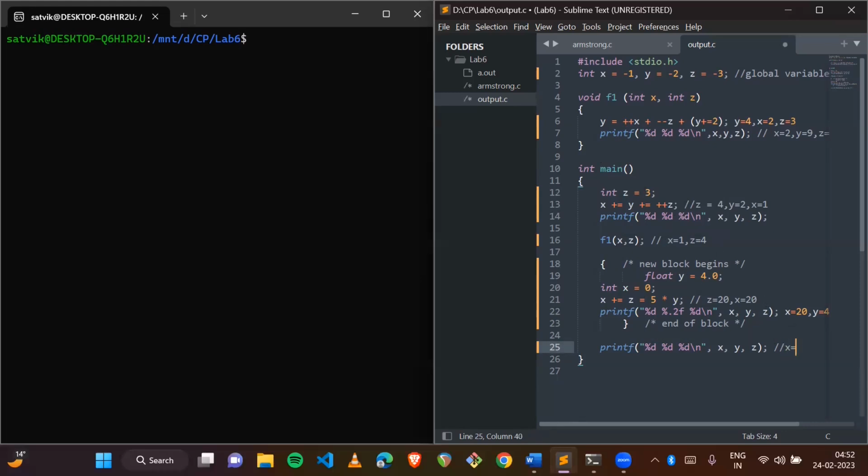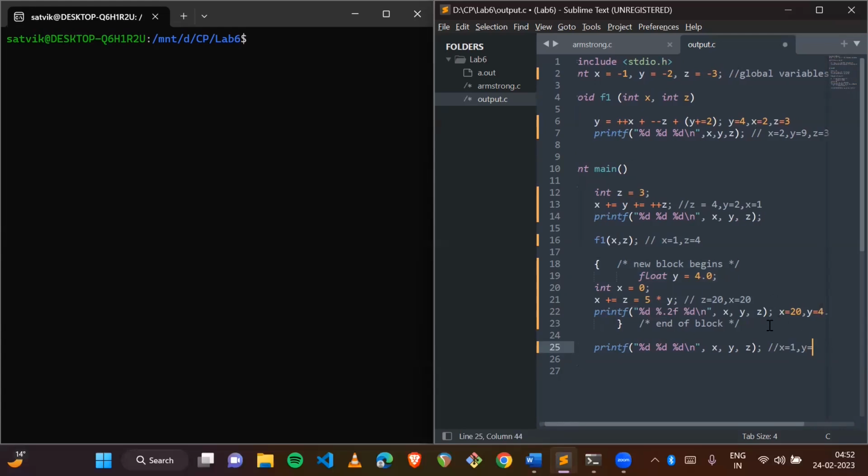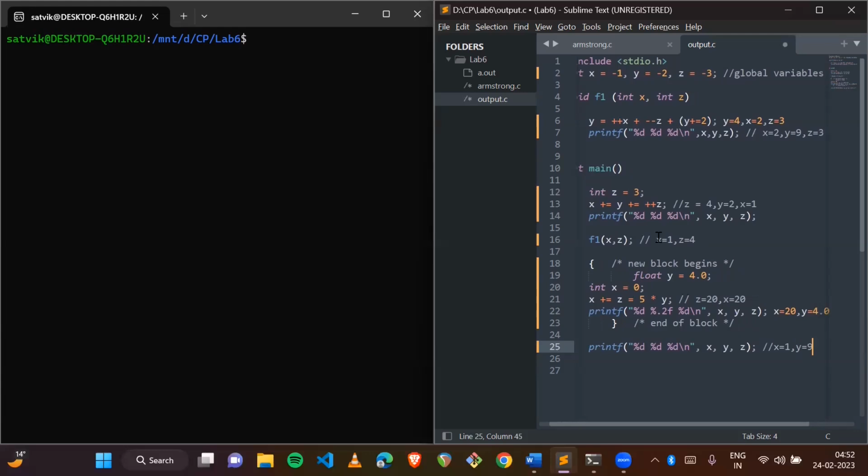So x will now equal 1 only because that was the last modified value of x. And here I am not modifying the value of x anywhere. This is the local variable x. And I want to use this value of x here. X will be 1 only. Y will be 9 because